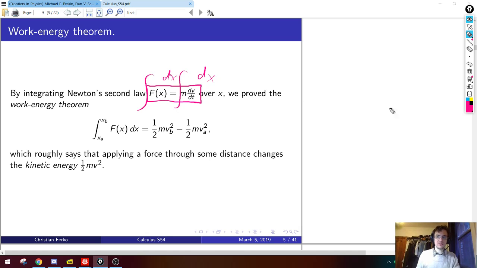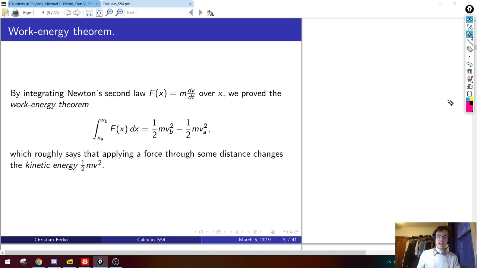And then we did some changes of variables and showed that the right side turns into this very nice form, which is the difference in this quantity that looks like 1/2 mv squared. So I did this to show you that this 1/2 mv squared, that is often in high school courses written down without any justification, comes out in a very natural way from just taking the integral of the force and asking, what is that?